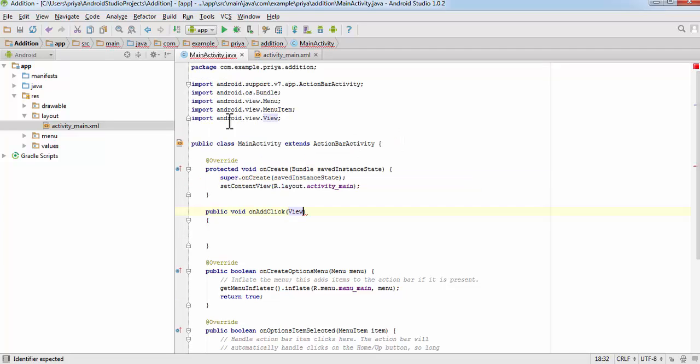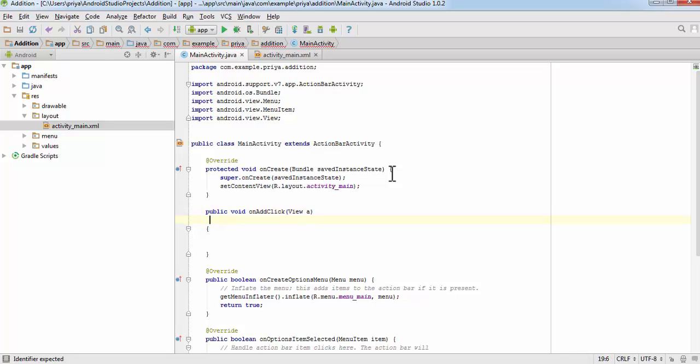As you can see, it will get imported here, View, and we need a variable. You can write any name for that view.